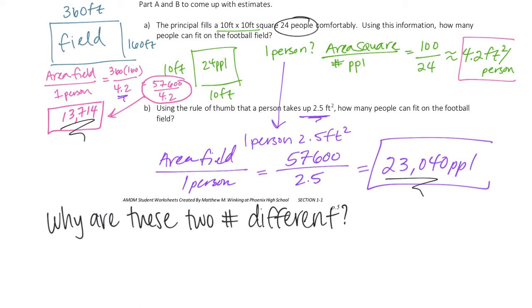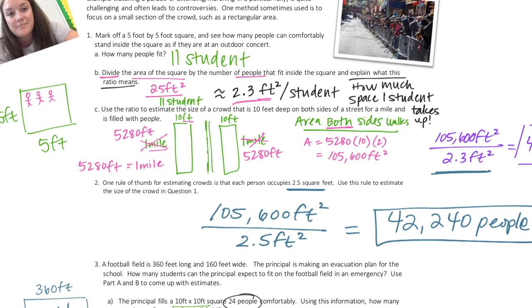And so that's why we can only allow 13,000 people to fit on the football field, where this 2.5 is an average. So that may be why the 23,000 number is off, because it's not including social distancing, or he was looking at whether there are students in wheelchairs or on crutches who need more space in between. And that's the same thing going back up to the previous problem